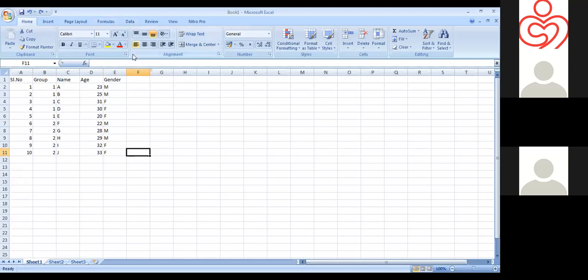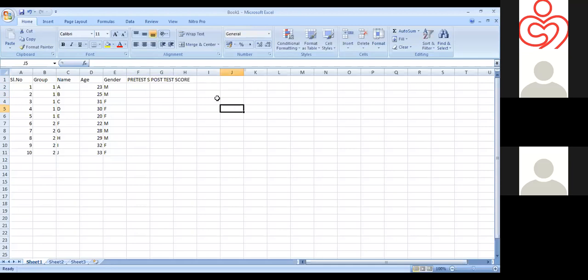Then one more thing, if you want to do a pre-test post-test study, if you have pre-post results, that also you should enter in the same data set itself. You can specify the variable names. If it is pre, you can write pre-test score. Then if you have one post-test time point, you can write post-test score.